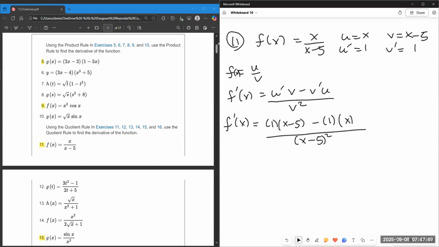I told you last time with the product rule that it didn't matter what order you multiplied and then added in. Order matters this time because of subtraction, because a minus b and b minus a don't give you the same answer. They give you opposite answers. So you must multiply u prime times v first, and then subtract v prime times u second. Order matters this time. So bottom left to top right first, minus bottom right to top left. So